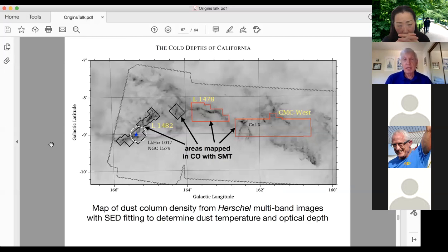The name actually was coined by Charlie Lada, not because it looks like California, but because it happens to sit next to the famous California Nebula, which is an H II region. And actually, they're not physically associated at all. So it's just a coincidence. But this shows a Herschel map of the dust column density,